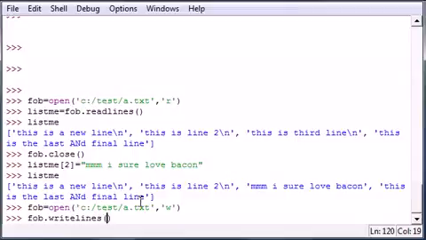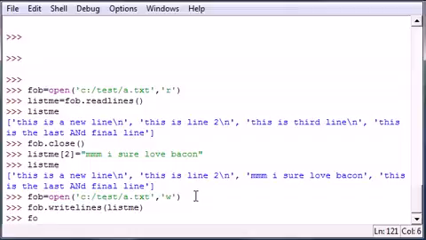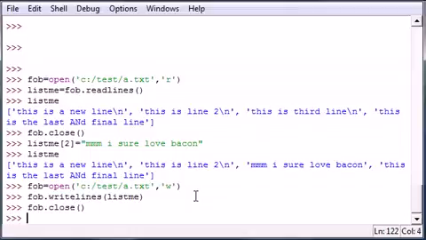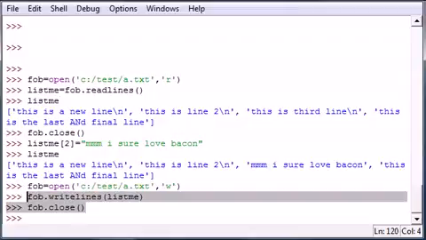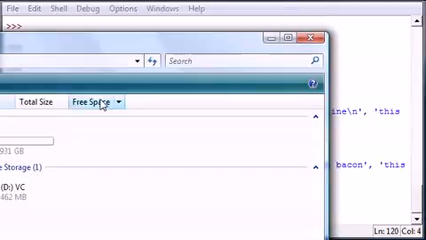So what do we want to do? Add as a parameter to write multiple lines. Well, all we have to do is put the name of our variable listme, since we already have a list of brand new lines. So let's go ahead and press enter, and what it does is once we close this, that right here, it took this parameter, which was a list of new lines, and it wrote new lines to whatever our object was, which was this text file right here, and then we just closed. So now once we did that, we should have some new lines in our document. So let's go ahead and